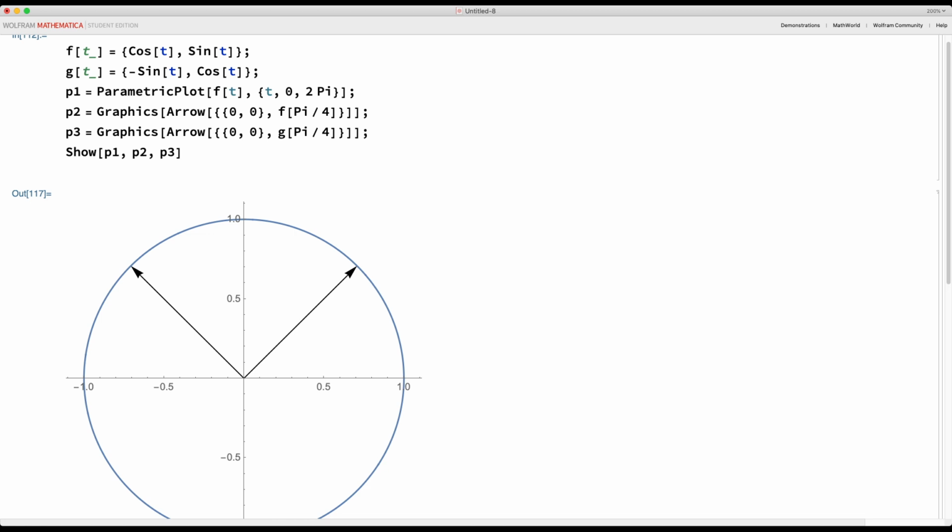What else? So both of the vectors I've drawn here start at the origin. Do they have to start at the origin? No. Okay, so if the vector,